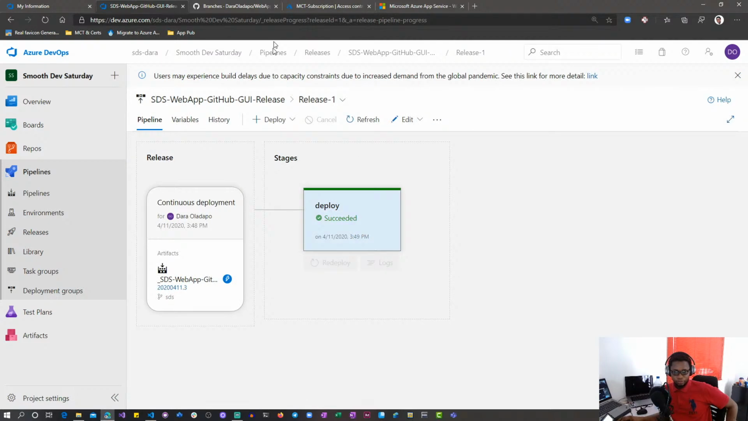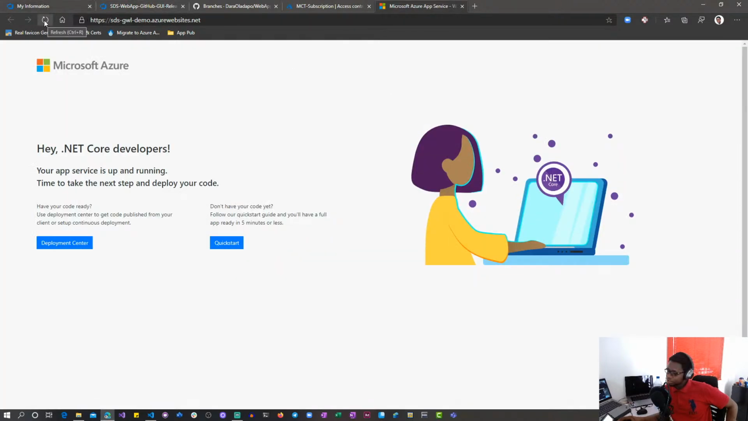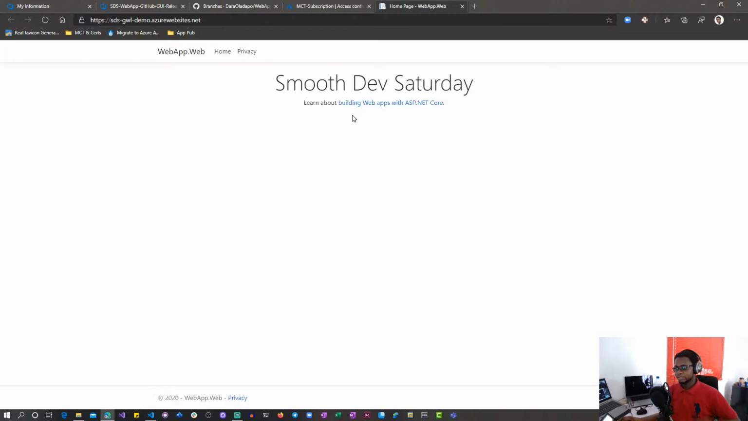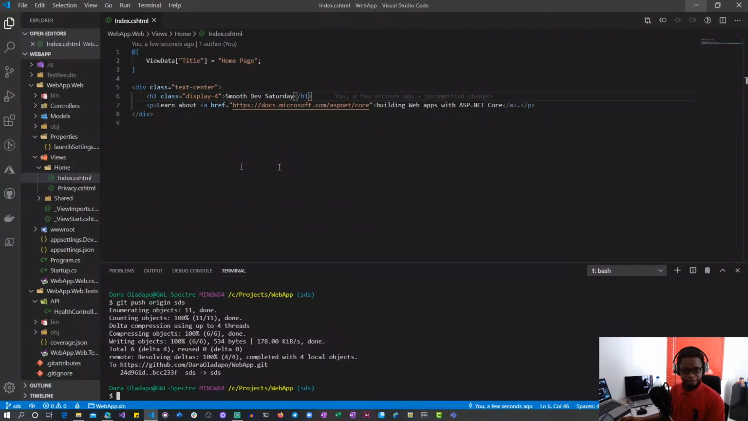So if we go ahead to this web app and refresh, all things being equal, because sometimes these things mess up, I should be able to see my code running live. Boom, and you can see, from code to release, everything is now tied together. So I can go back to my code